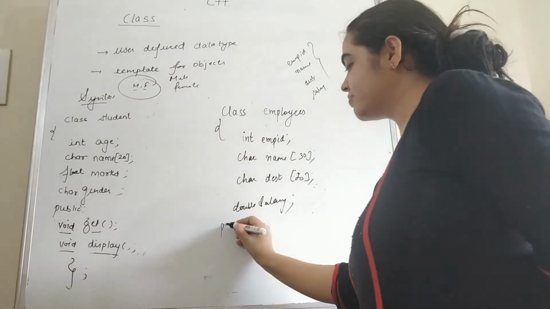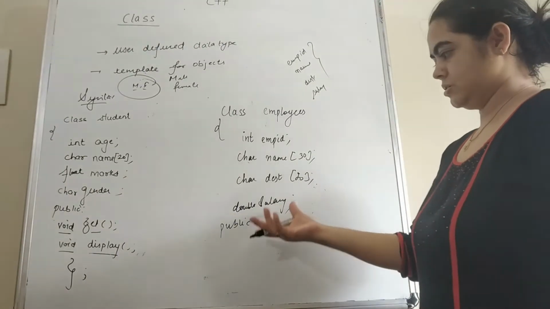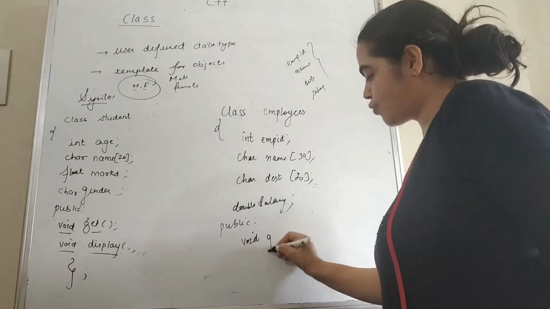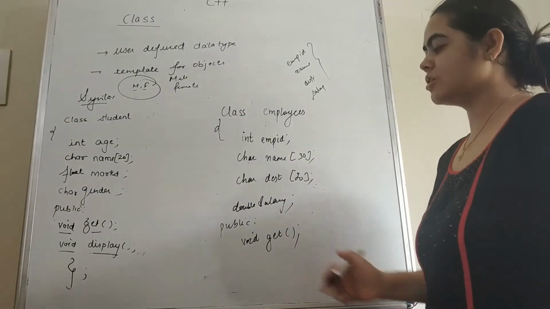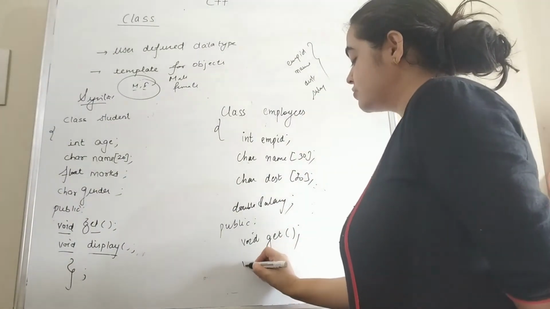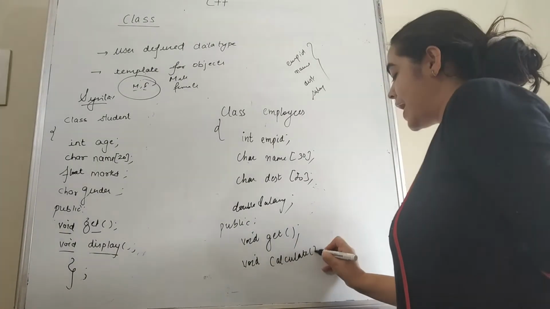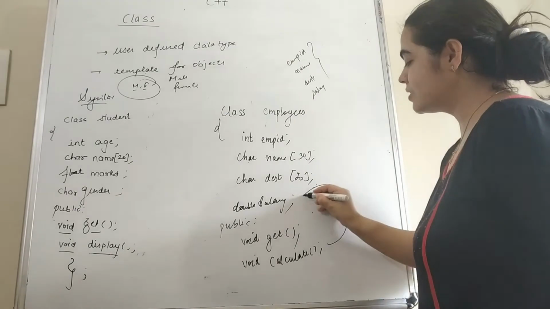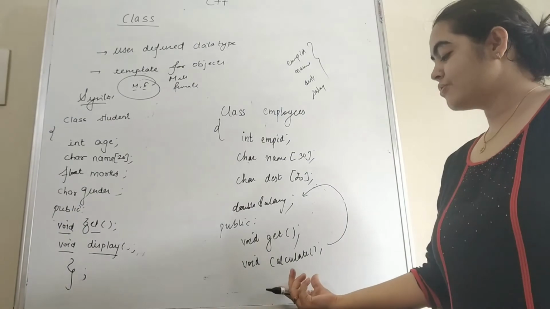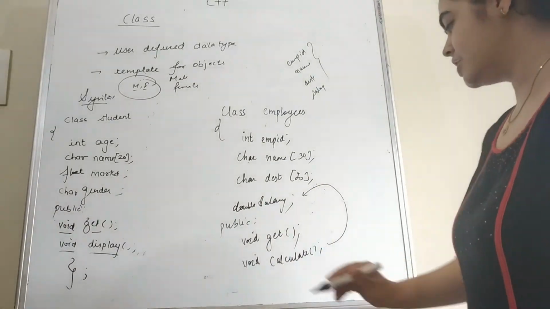After this we have to define the functions. So what are the functions that we can define according to this? First function we can define is void get function, to get the information about each and every data member from the employee. After this we have another function, that is the calculate function. So what can the calculate function do? Calculate function can calculate the salary of the employee. So here we can write the formula, and using that formula we can calculate the salary of each and every employee. So this is again a function.